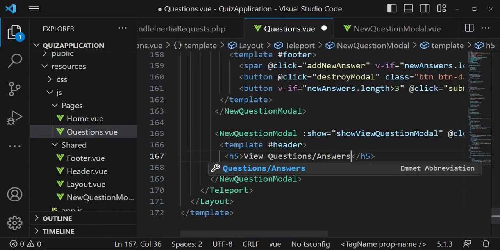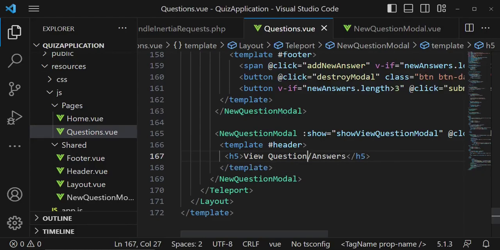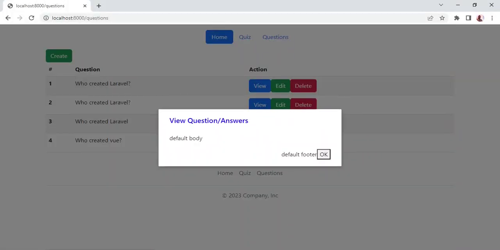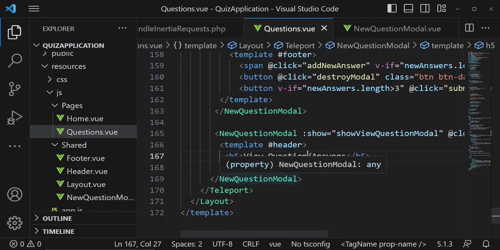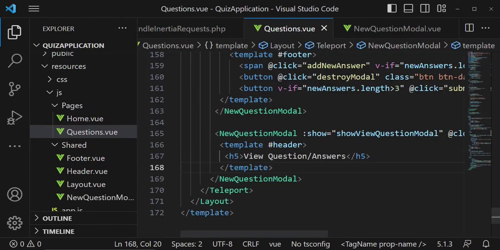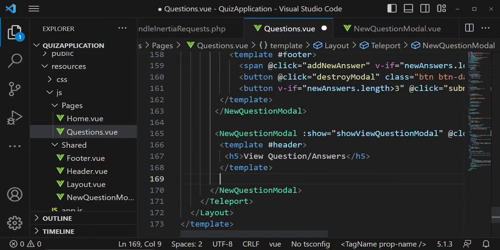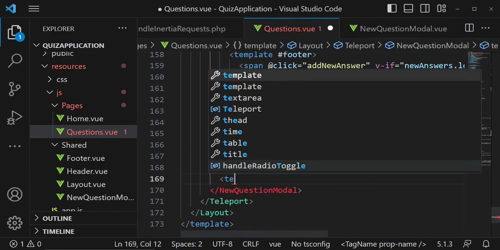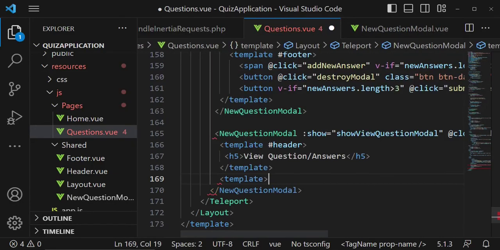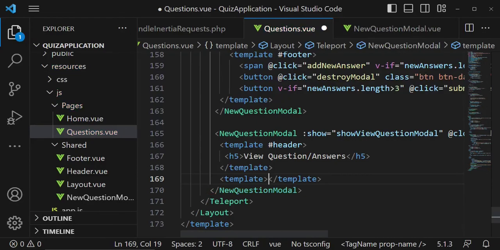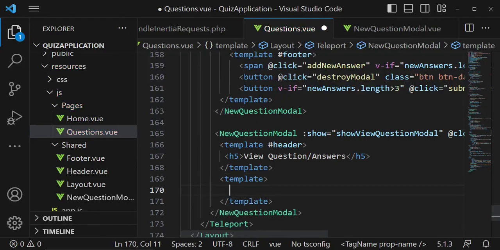And I think it's supposed to be view question, because we will be viewing a single question and the answers thereof. So as you can see, that one is displaying nicely. Then of course inside the body I want us to have another template. So in this case we will have a template and we are going to call it body. So I put hash body,